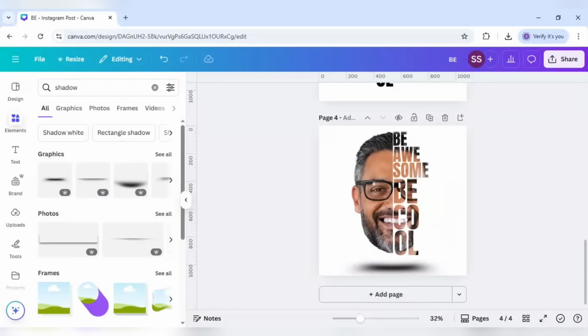So hope you like this tutorial, and this is a cool way to present your portrait,